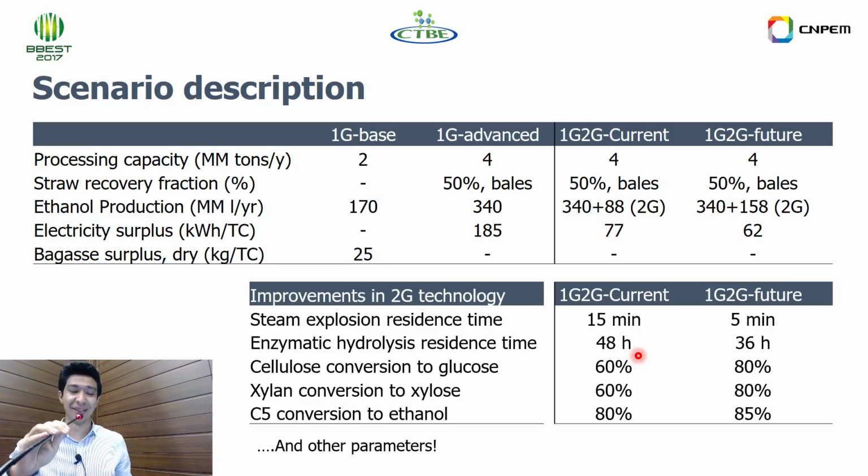So when we observe the industrial conversions, for example, from cellulose to glucose and xylan to xylose, or for example, C5 sugars converted to ethanol, we see that we have increases in these yields. So the result